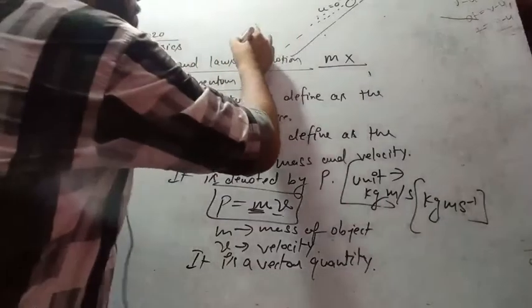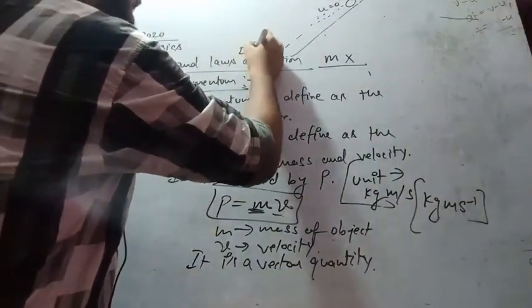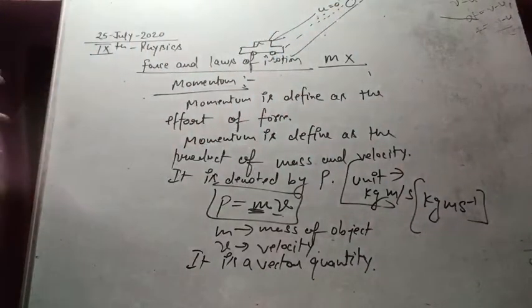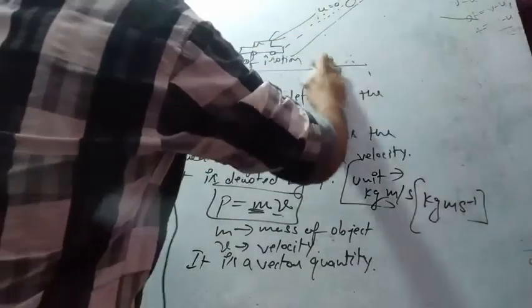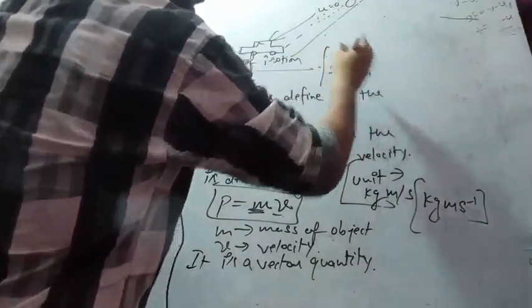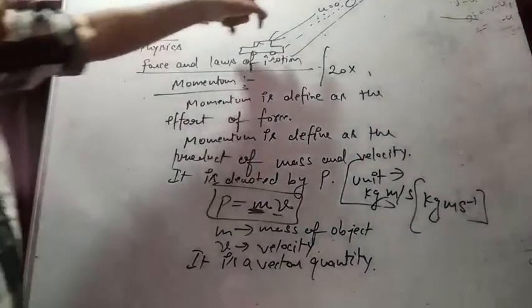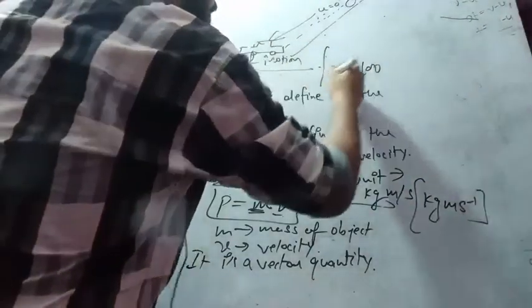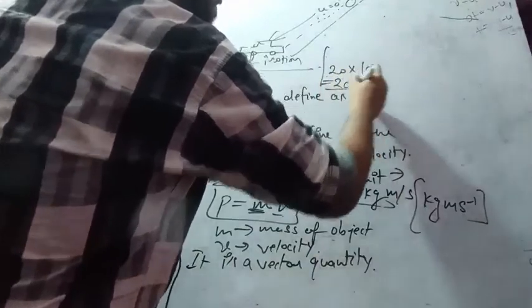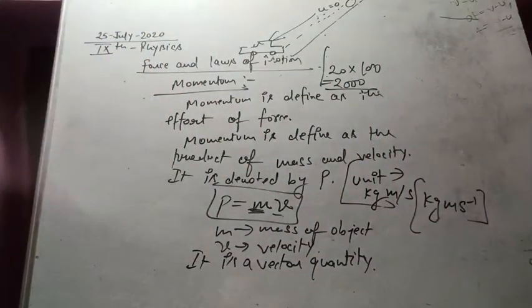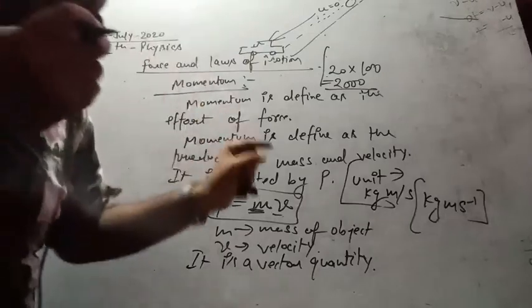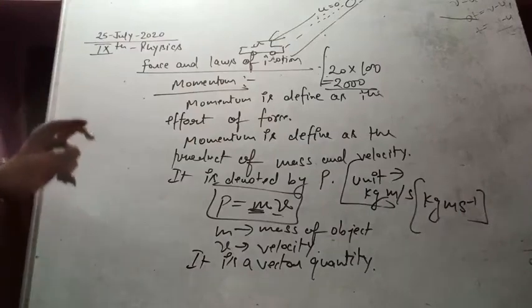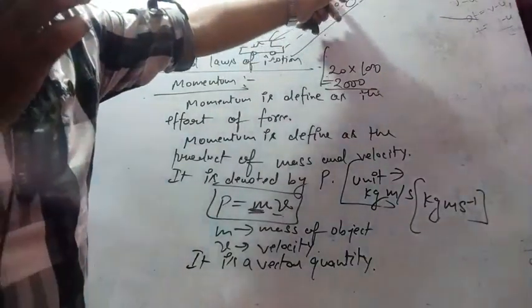So once it reaches the car, it will have a very high velocity. Yes or no? And the stone already has a certain amount of mass, say 20 kg. Suppose when it reaches the ground, the velocity becomes 100 meter per second. Now how much momentum will be created? 2000. Yes or no? So a very great amount of momentum will be created even by a very small piece of stone that was only 20 kg.